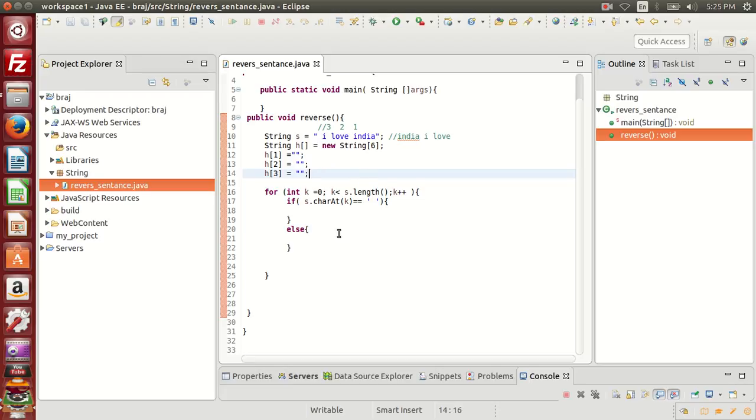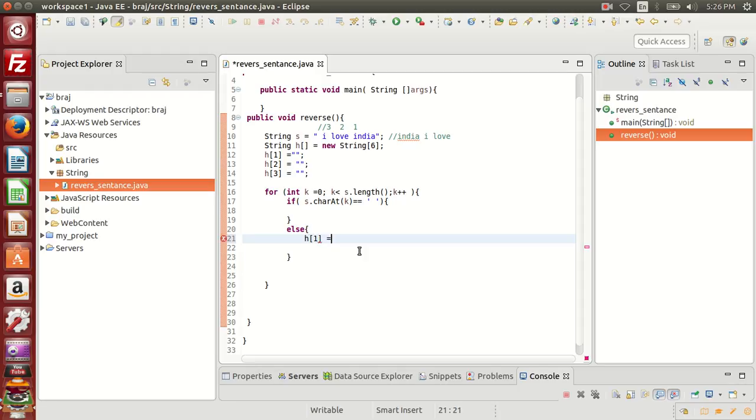Like this I have to do. If the character is not blank, we don't do anything special, we'll come to else.